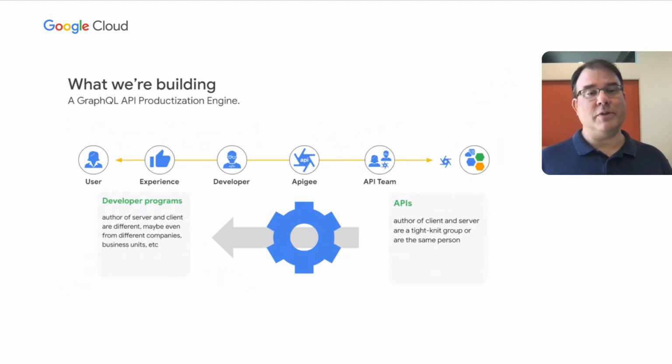All of the same principles apply. The developer wants to be able to discover the API via self-service. They want to get credentials. They want to use the API. The API team wants to have control over who's allowed to use their API and how much they're allowed to use the API. Are they allowed to use different parts of the API for different purposes? Is there a quota that stops them from using the API too much? Are there security rules or audit rules? Is there even a billing plan associated with that API?